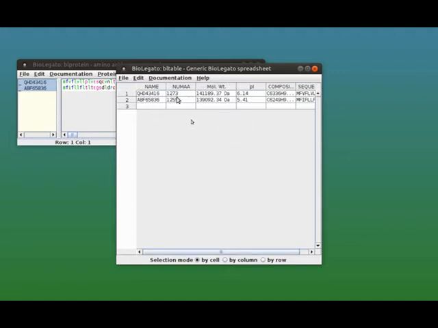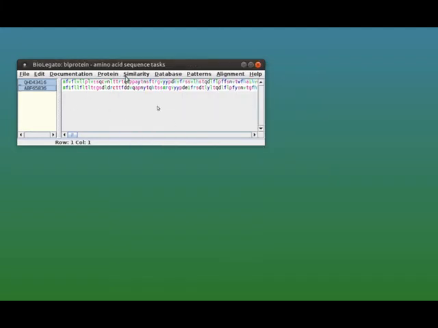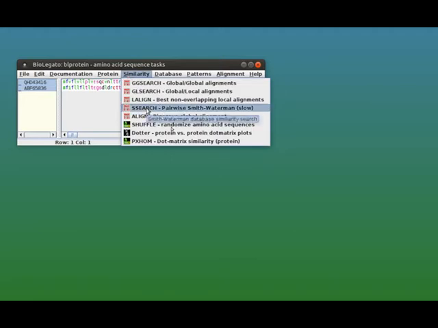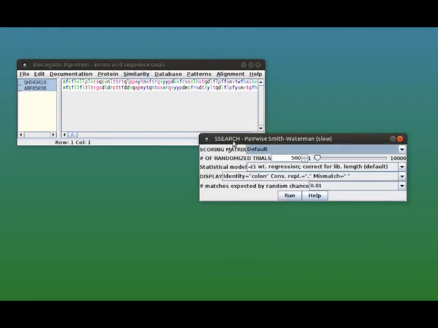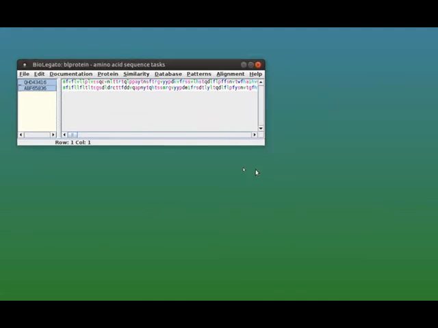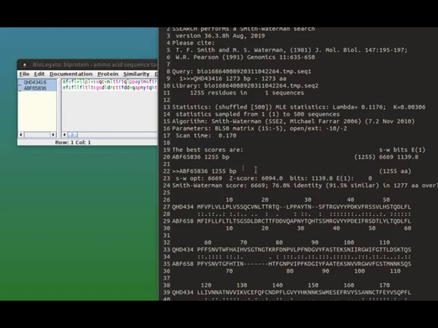We can see here that they're both a little over 1,200 amino acids and about 140 kilodaltons each. These are big proteins, and they're also somewhat acidic, and so we have an idea about some of the characteristics of these proteins. It's also probably a good idea to see how similar they are, so I'm going to run S-search, which is a rigorous Smith-Waterman alignment that will tell us something about the similarity of these two sequences. We can see here that they are about 76% identical and